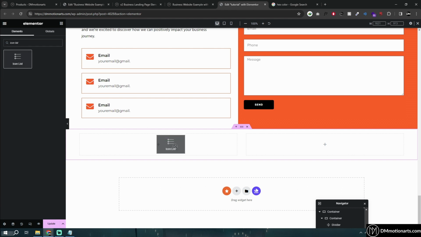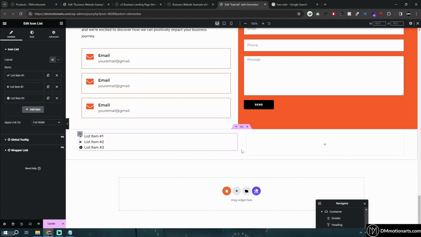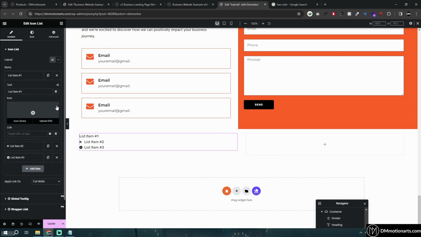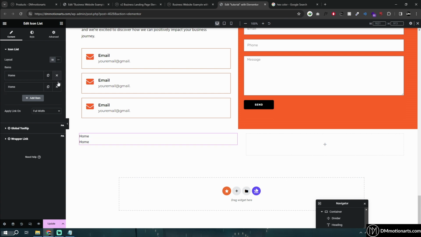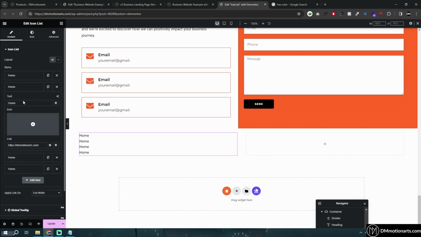This is only if you don't have Elementor Pro, but if you have Elementor Pro, do the first step that I've shown, and we will basically remove everything and then type manually like home, and then we will type the link in here, whichever page you want. So if you want home, just copy and paste like this, duplicate, and then change it to your products, license on stuff, whatever you want, like